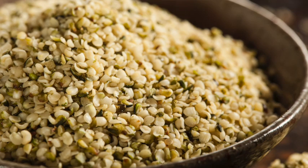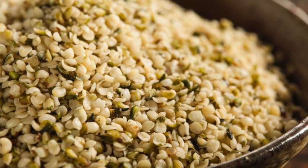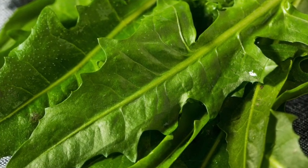Green onions or leeks are going to be another source of prebiotic foods. And then onions as well, that you can add either cooked or raw into your diet. Some of the other things, flax seeds, things like that. You can also add in hemp seed, also a little bit high in those prebiotic fibers that you want to have in your diet. Dandelion greens and other types of greens can also be a good source of the prebiotics